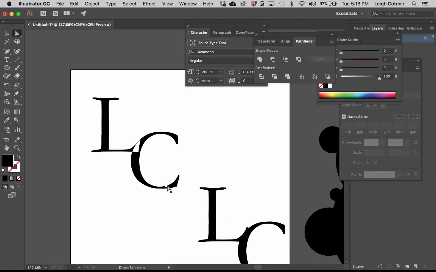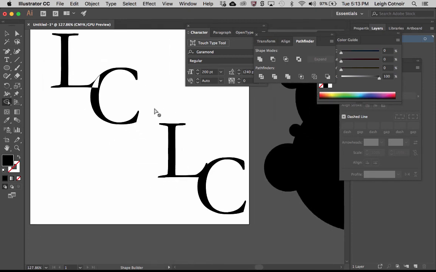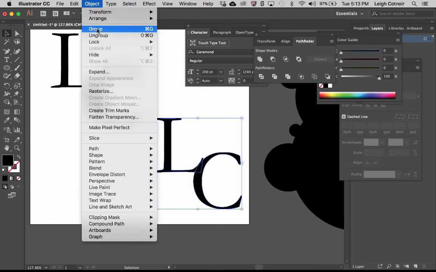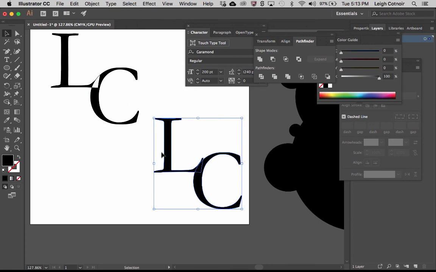Now there's some other things that you can do too using a thing called Live Paint, which is not this, but this is the shape builder. But if you click and hold this, you get to Live Paint under here. So if I were to select these objects, let's go back here. If I selected these objects, first I have to group them, so I can go to Object and then Group. Okay, and so now that these things are grouped,